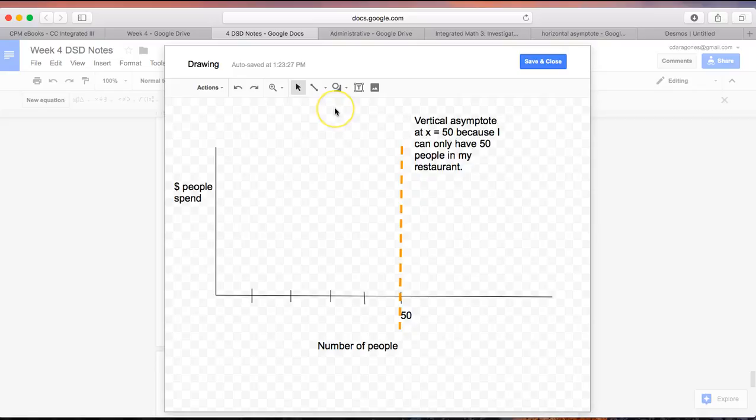And then the shape of my graph will depend on what's going on in my situation. So obviously I want to get as many people to 50 as possible. And the fewer people I have, the less money I'm making. And the more people I have, the more money I'm going to make. So the shape of my graph is most likely going to be,